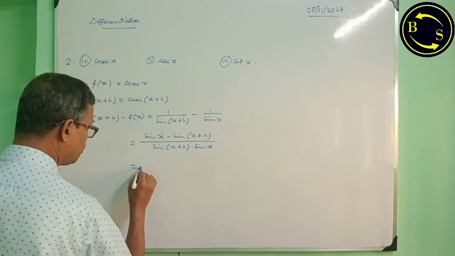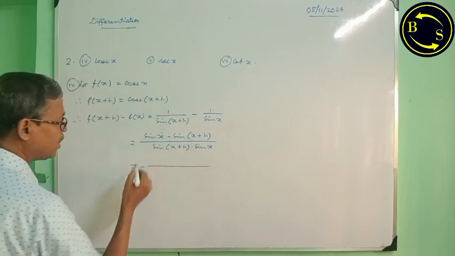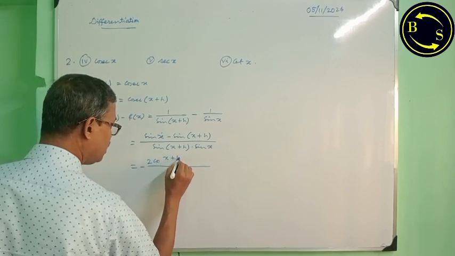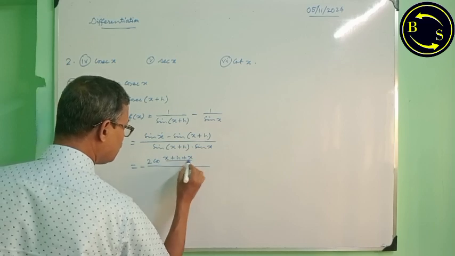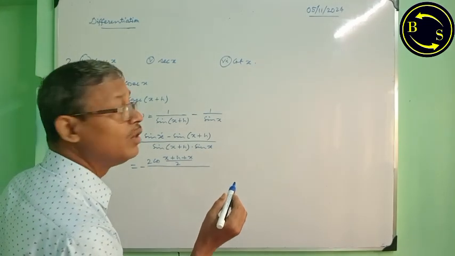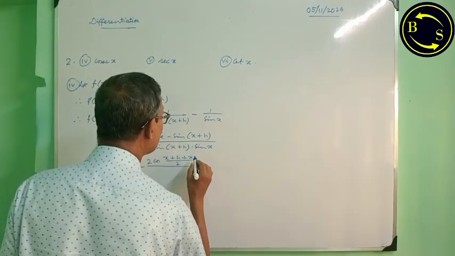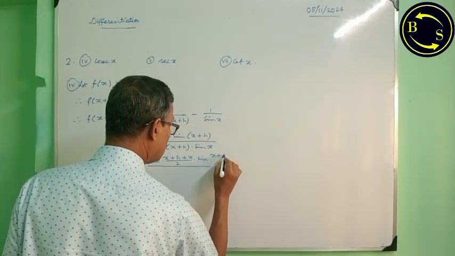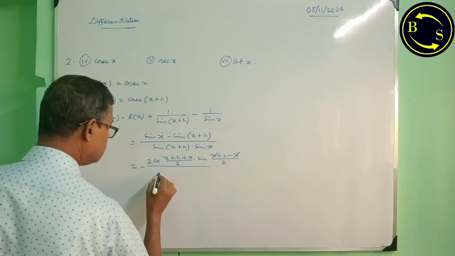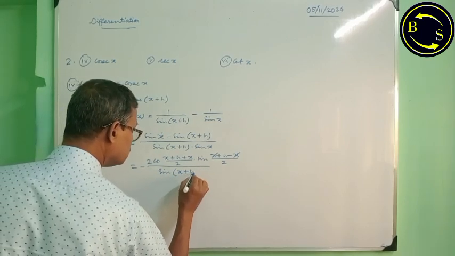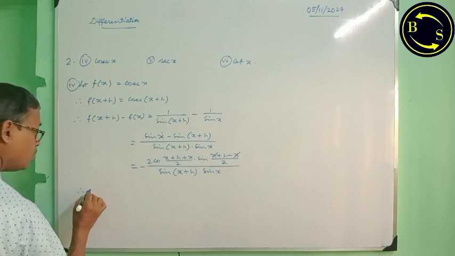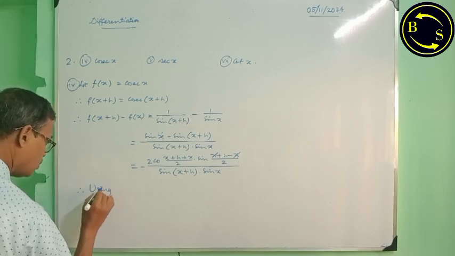Now, if I take the minus sign outside, sine of x plus h minus sine x, that means 2 cosine of (x plus h plus x) by 2, sine of (x plus h minus x) by 2, since sine c minus sine d has the form 2 cosine of (c plus d) by 2 into sine of (c minus d) by 2. Therefore, using first principle,